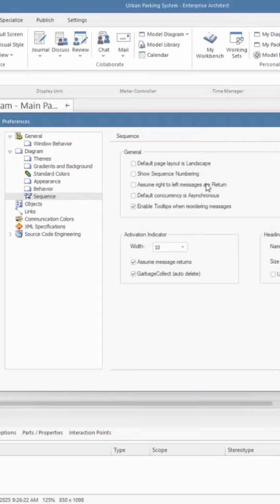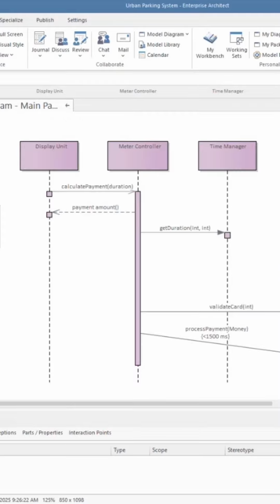Assume right to left messages are returned. That's something we could put in, and we could make sure that worked. But if I click that one there, let's close that now. I think it's important in some circumstances that you want to show something that's coming back to a particular element